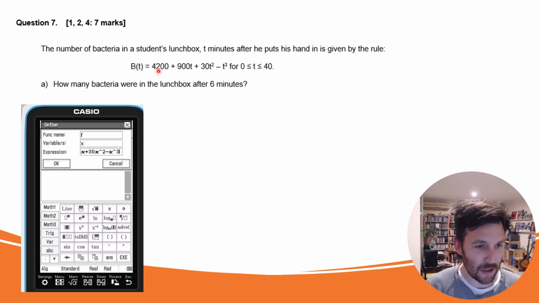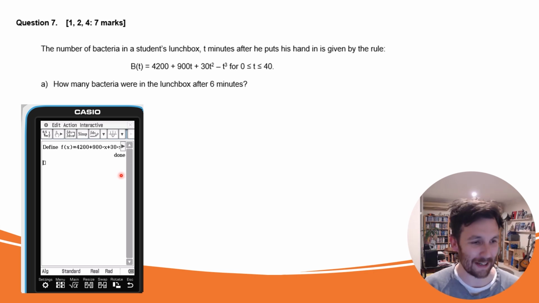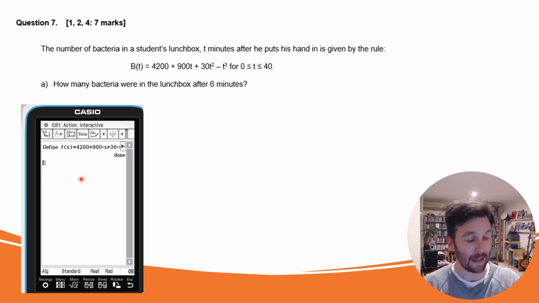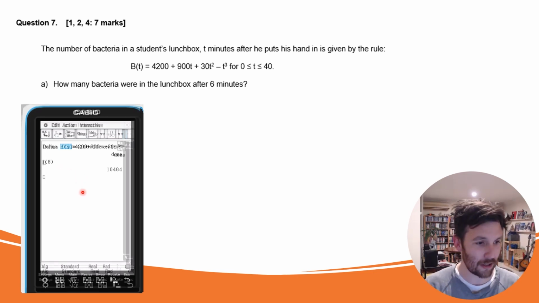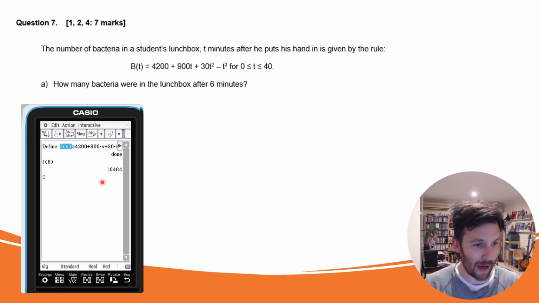So I've gone 4,200 plus 900x plus 30x squared, take x to the power 3, and then I'm going to hit OK. And then once I've done that, the calculator is going to tell me that I've done it. Thank you, calculator. And the neat thing here is what I can do now that I've defined that function, I'm going to highlight f of x just here and copy it down to the next line. And when I copy it, if I've highlighted it, I just drag it down to copy it to the next line. And then I'm going to swap out the x in f of x for a number 6 and hit enter. And what that'll do is evaluate what f of 6 is, which for this function would be what b of 6 would be, and that is for an answer of